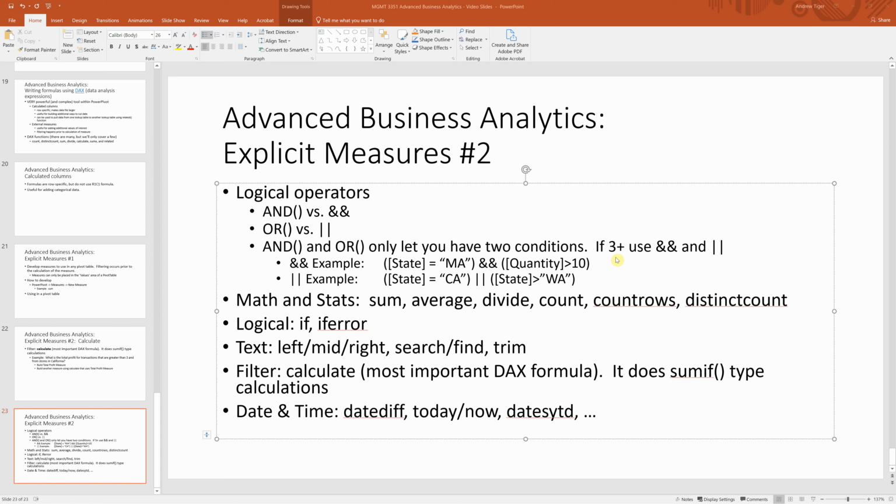If you want to add more than two, if you've got a bunch of ors, this or this or this or this, you've got to use either the ampersands or these pipes here, which is the shift backslash is how you get these. So let's go back to our example and let's not just look at